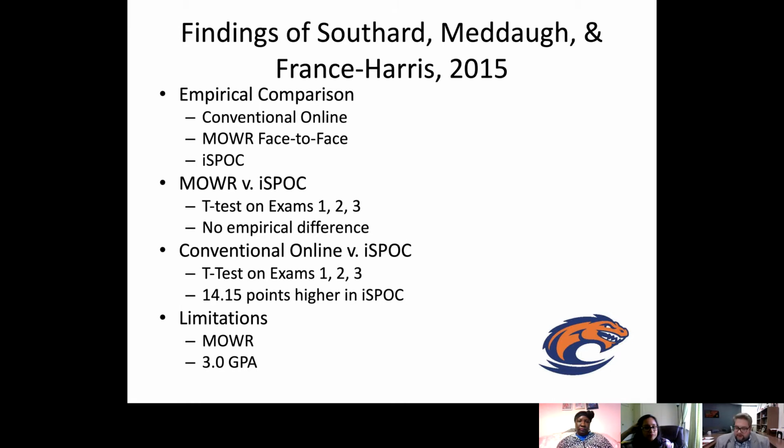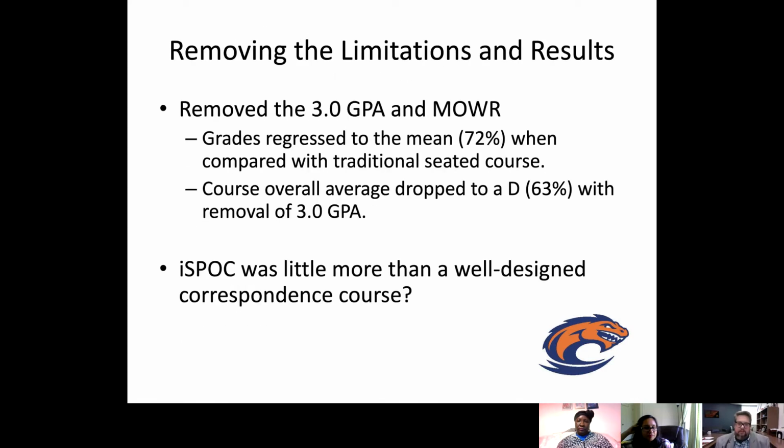And I go, "Man, I don't know. I think we have some limitations to this study, but I'm glad that we're finding that there is something different." And they're like, "What do you mean?" I'm like, "Well, there's a limitation problem. We're talking about high achieving high school students. So these are kids who are taking college classes while still in high school. And to get into the iSpock class, you have to have a 3.0 GPA. So we're really selecting on the dependent variable. And we're looking for results." But what we do find is we're able to publish this paper because we do find that there was something unique about this self-paced course. But I really forced the idea of limitations. I'm like, this is very early. We got to keep working on it.